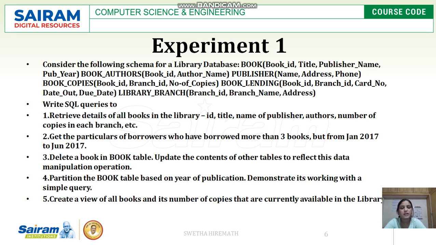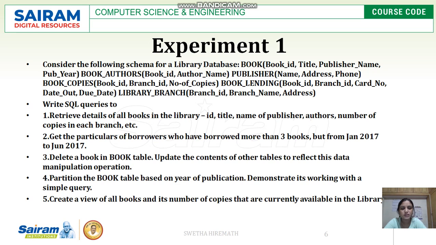Each and every table will consist of a primary key and a secondary key. Secondary key is optional, but primary key should always be mentioned in our table. So in this table, book ID becomes the primary key. A primary key cannot be duplicated, so the values will be different from each other. That particular attribute will be considered as the primary key.